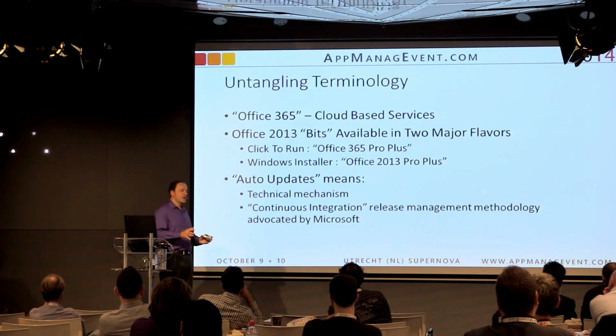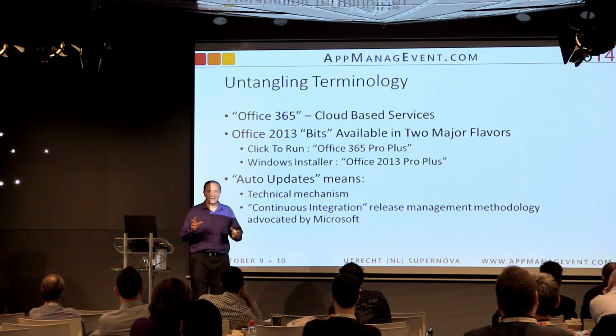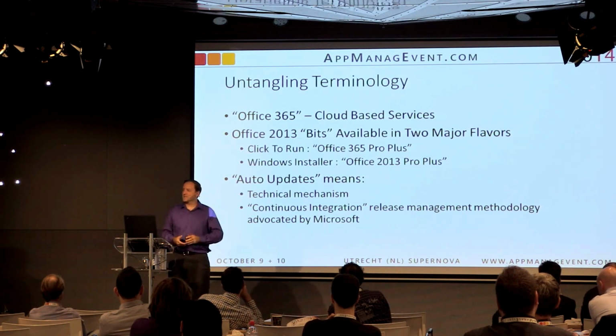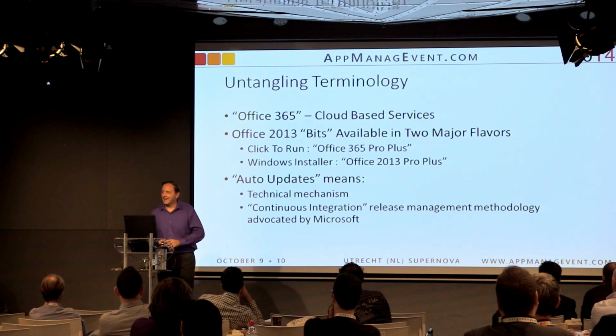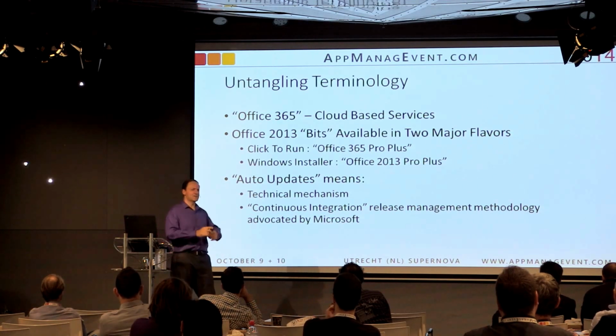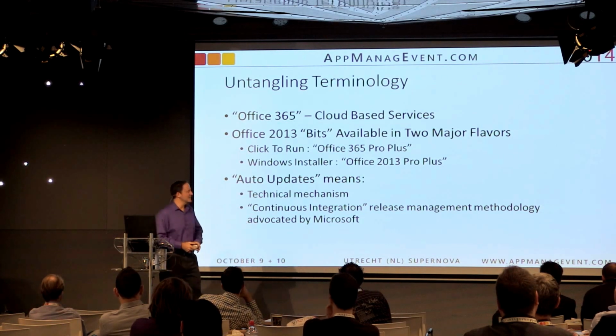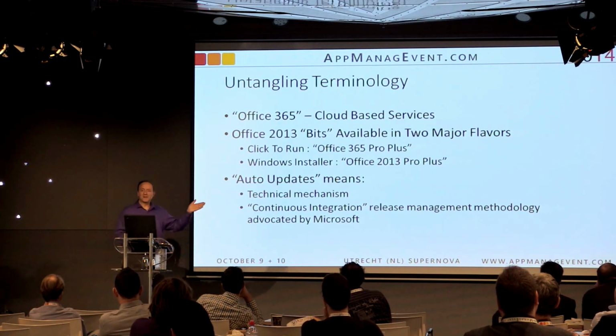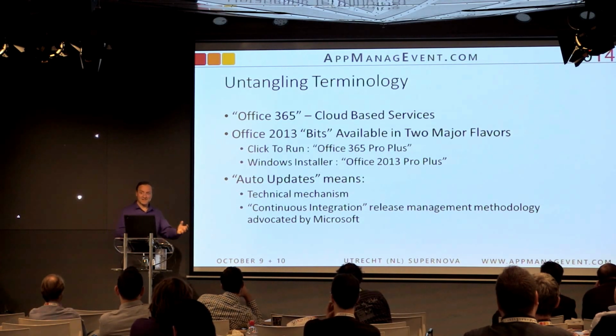I got severely chastised by some cloud architects when, in the LinkedIn 365 group, I said Office 365 Service Pack 1 is out. And I got spanked. Office 365 doesn't have service packs. It's in the cloud. It's continuous integration. You never know what version it is. Microsoft clearly says on the Office 365 Click to Run Pro Plus page that it's Service Pack 1.